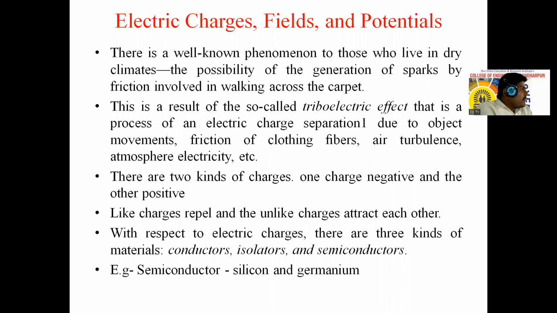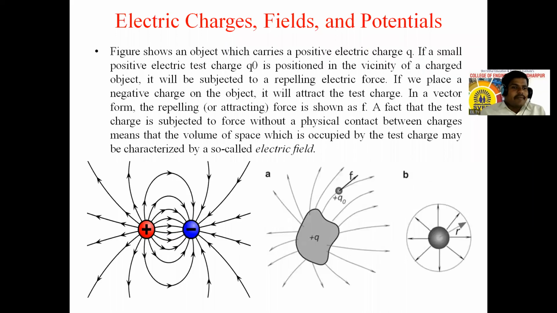And in case of semiconductor, there are silicon and germanium material. Okay, in case of semiconductor, what is the voltage value of silicon material? 0.7, no, or 0.6, 0.7. Okay, 0.7. So there are semiconductor materials, that is silicon and germanium.